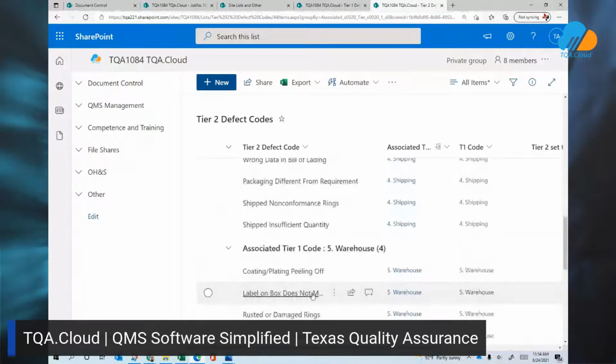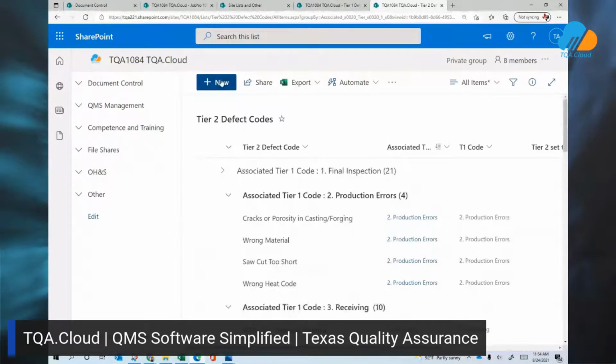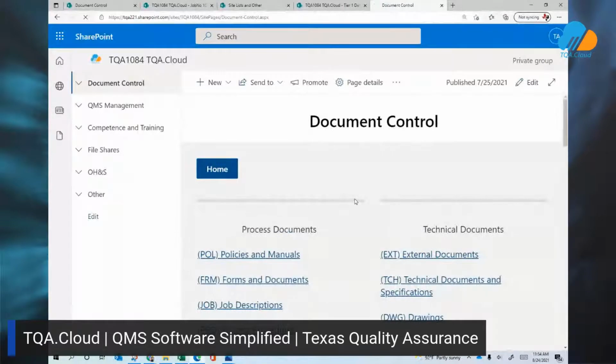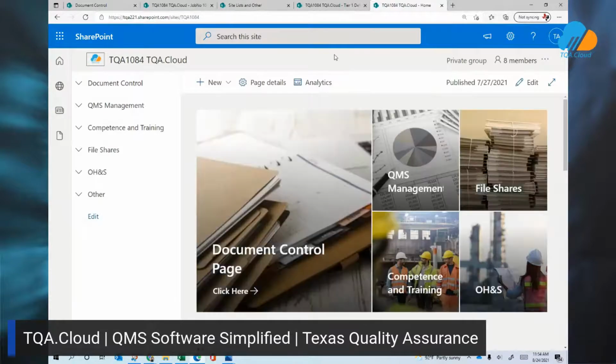Now, this is a feature that's not just available in our defect codes, but again, this is available throughout the entirety of the site. So you can set tons of pre-filtered views, pre-grouped views. Again, the options for customization are almost limitless so that you can really turn this into a solution that works for you, for your team, and help you save time and effort to put it where it matters most. So those are really the basic features that we've got. It's a lot, but again, it's very simple, very easy to use, to access.